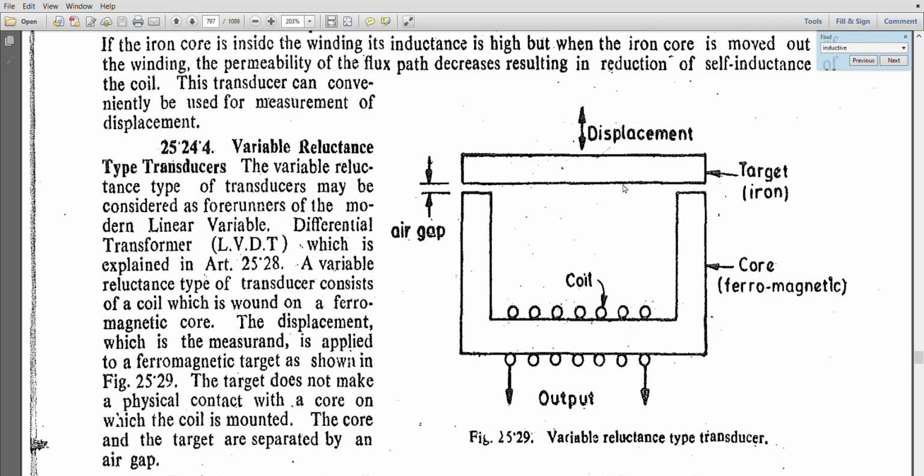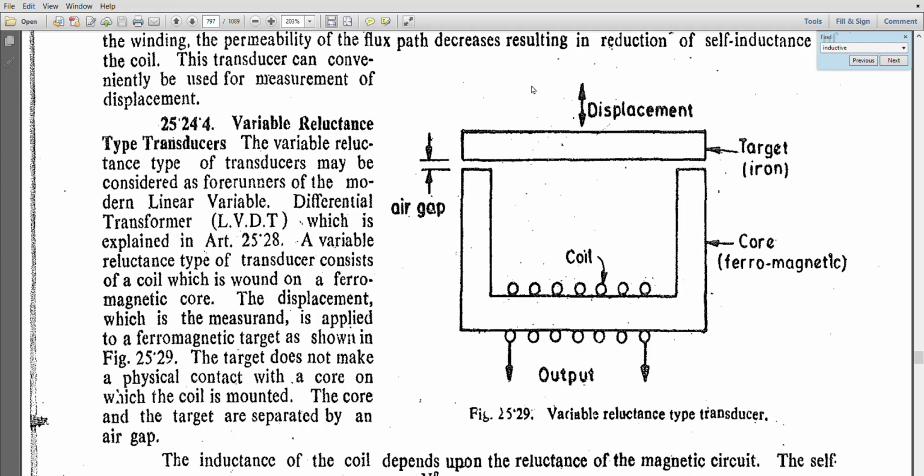it does not touch it. Okay, so this movable iron will be moving up and down based on the displacement that produces the movement. The target does not make physical contact with the core, on which the coil is mounted, because there should be an air gap. I will tell you the importance of the air gap, because that air gap is going to produce the reluctance in the magnetic